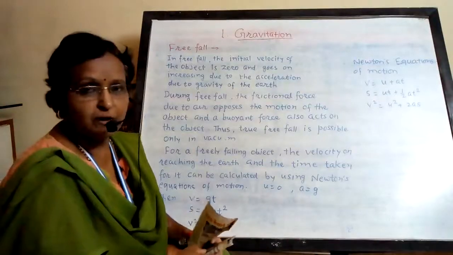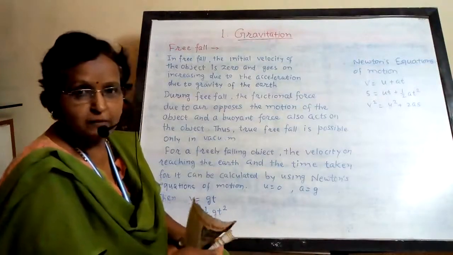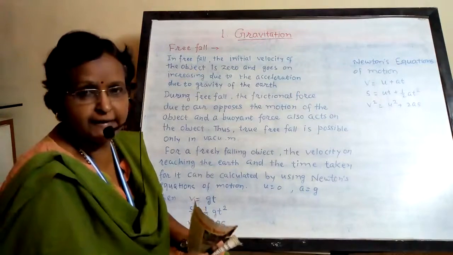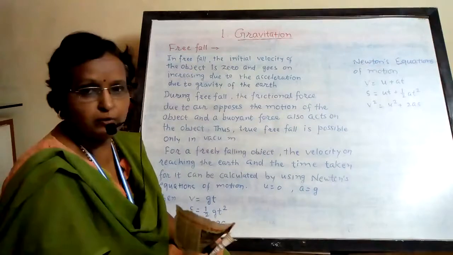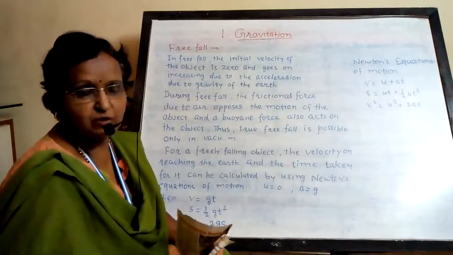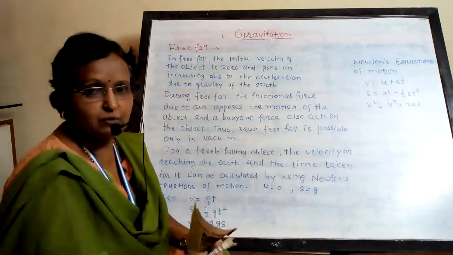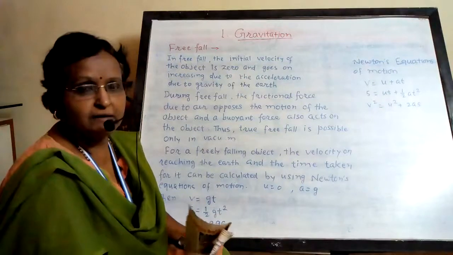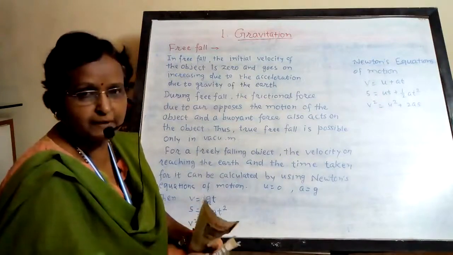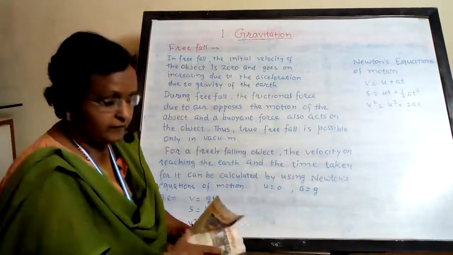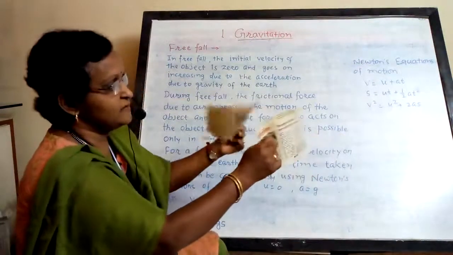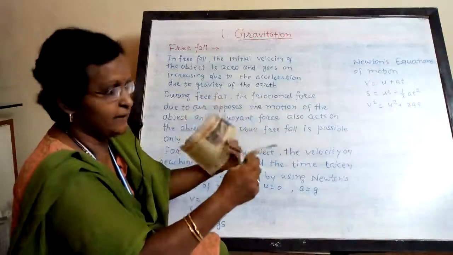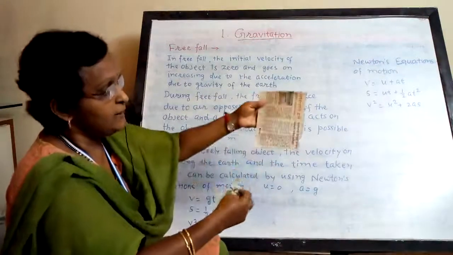Free fall was first shown by Galileo in 1590 from the Tower of Pisa. He threw two different spheres of different masses from the Tower of Pisa, and they fell down at the same time. But suppose I have taken these two pages, same size, same mass, and I throw